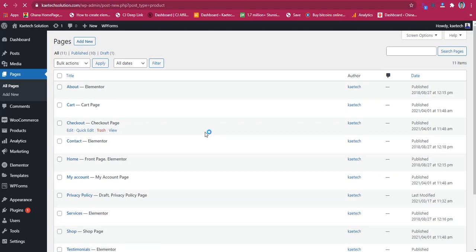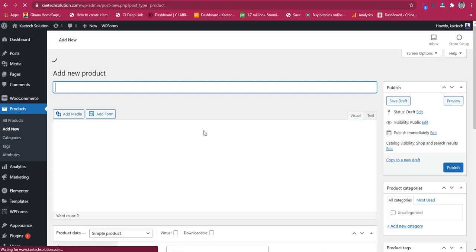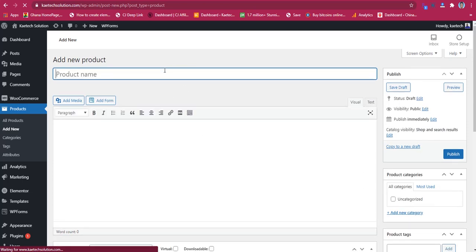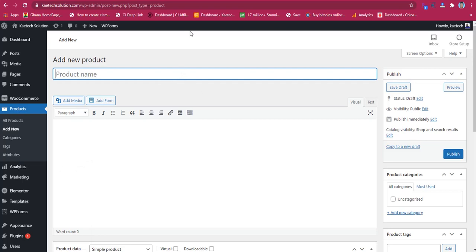So always make sure that all those pages are created before you start creating products. So what product are we going to create over here? Now I'm going to just add some few products to it. So I'm going to set the product name. So let's say I sell computers or maybe phones or whatever it is. So I'm going to go for, let's say